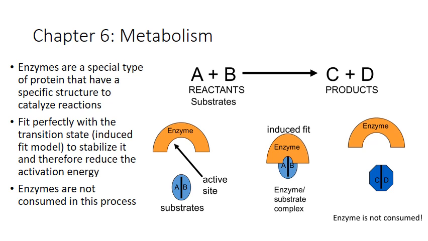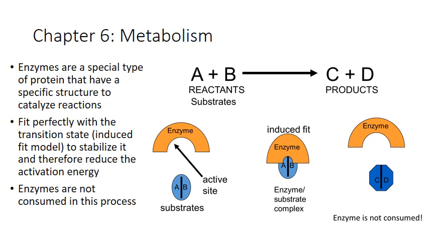So enzymes bind to our substrate. The substrate is going to go right into the active site of the enzyme, and the enzyme is going to have a very specific shape. Again, enzymes are proteins, so their shape is controlled by the sequence of amino acids in that protein that the cell decided upon, that was written in the DNA. That's how they make the right protein to catalyze the right reaction. They have this perfect shape that binds to the substrates, and then they go through this change in shape called induced fit, where they squeeze around the substrate and enclose around it to really stabilize